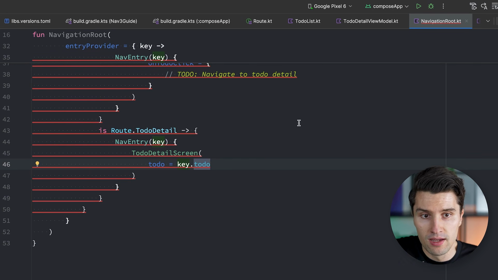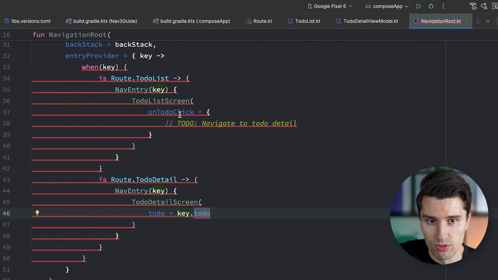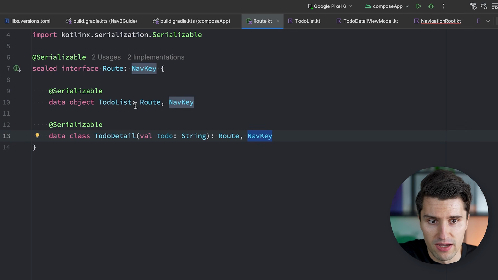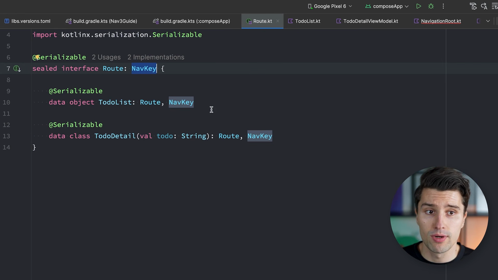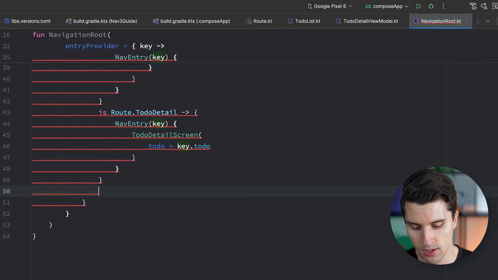You can notice, even though we've defined both of these nav entries here for both of our routes now, we still get an error because every single code path here needs to return a specific nav entry. And even though we have a sealed interface, there could still be possibly different nav keys that we've defined elsewhere in our code. So we in the end just need an else case of this when expression